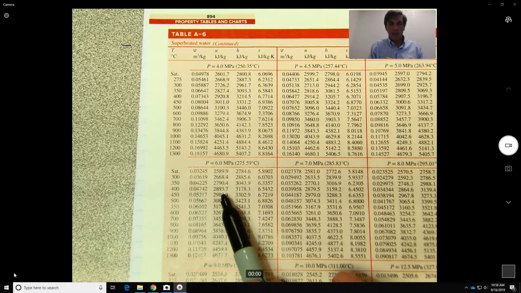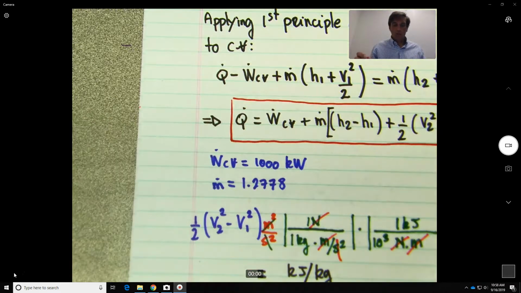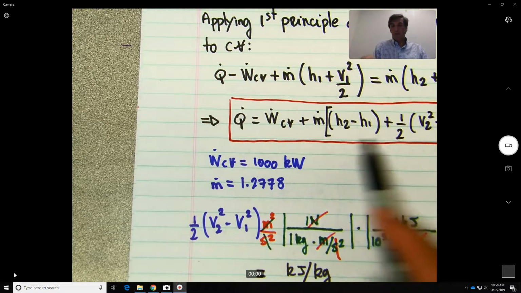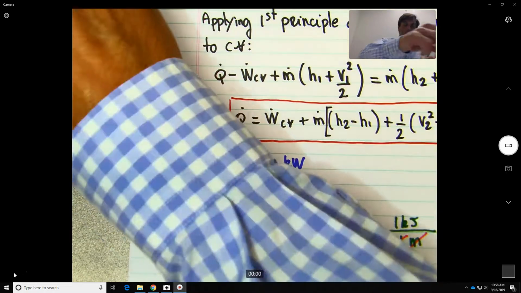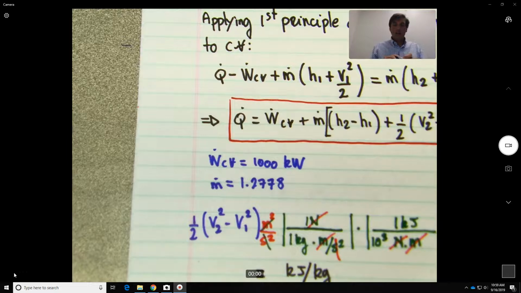If we look at the table at 6 megapascals and 400, and we look at the H, we see that it's equal to 3178.3. So we can write H1 equal to 3178.3 kilojoules per kilogram. So you see the units will match once you get over here. Okay. Now we need to find